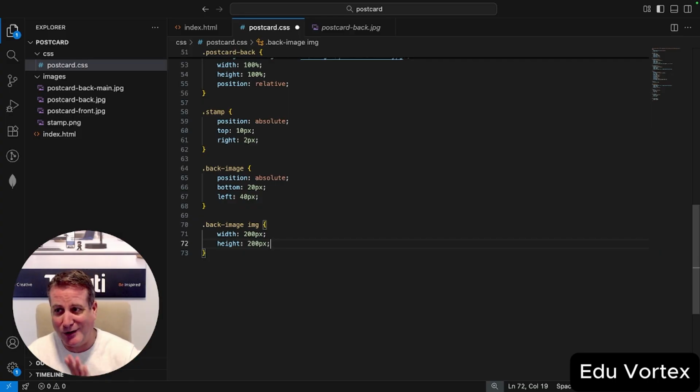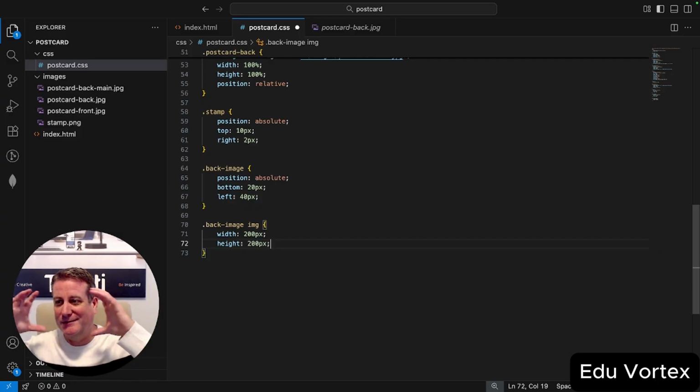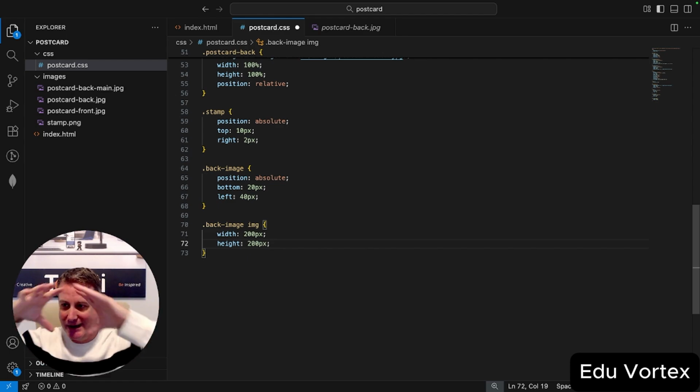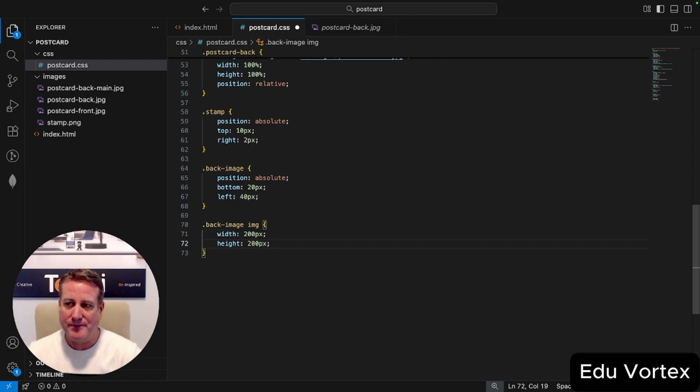Otherwise, you have to go a whole different route, which is making the container of the image a circle and then having overflow set to hidden so that it just crops it. That's not what we're doing here. We're just going to go height 200 pixels, width 200 pixels, keep it simple,